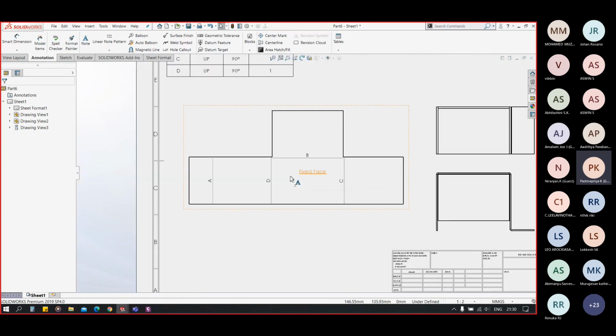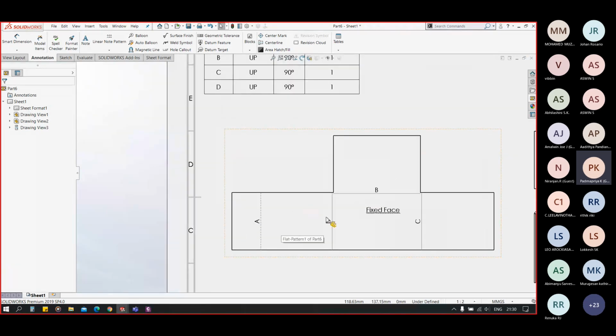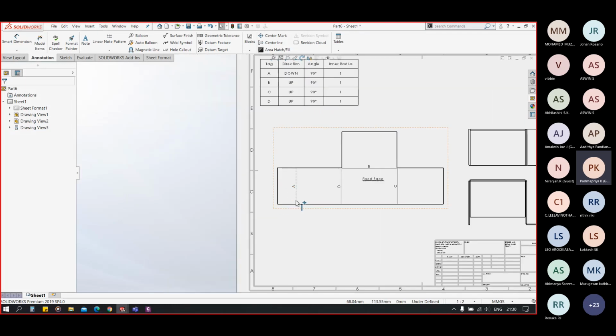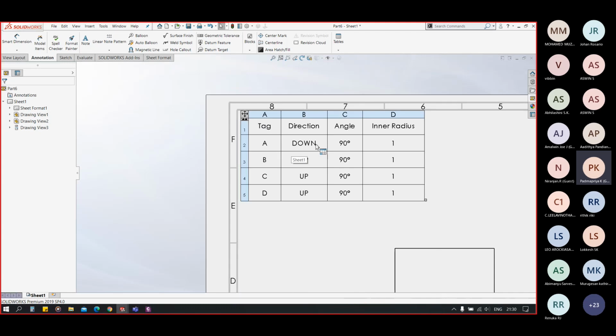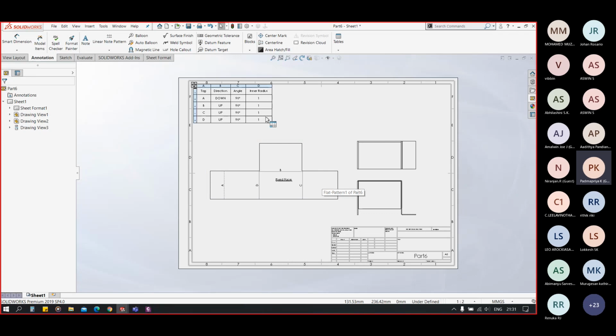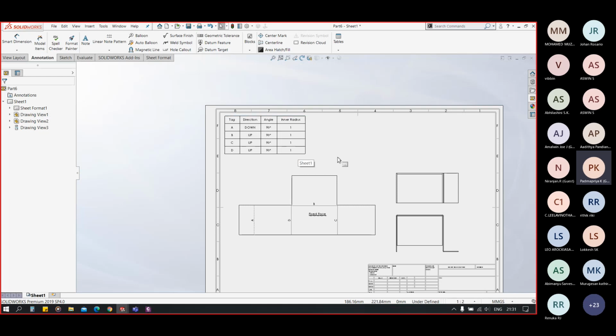This is a fixed face, and it has marked the bends by A, B, C, and D. Now what A indicates is that for this bend you have to bend it down with angle 90, and this is the inner radius. Now let's say for bend C you have to bend upwards with 90° for inner radius 1. So this is basically a bend table.